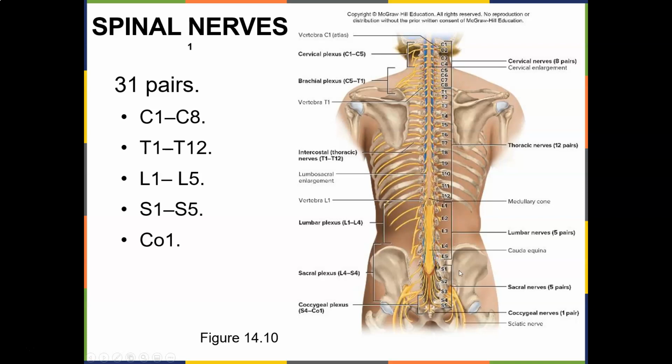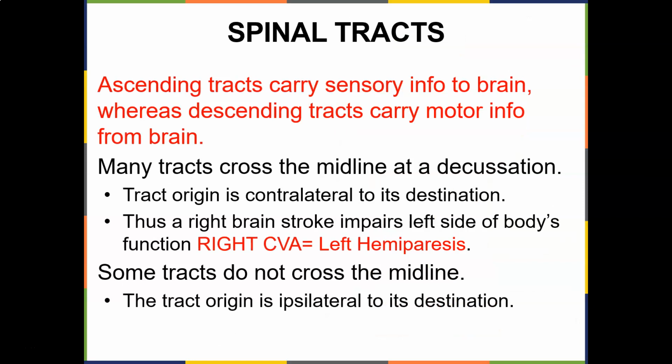So L5, S1 is probably a common numbness and tingling along the lateral side of the thigh, hip, and all the way to the big toe. That would be L4. On the outside would be L5, and numbness in the back would be S1. Those are some dermatomal patterns that you'll see. Now,